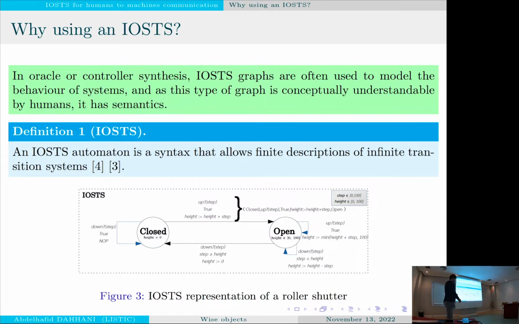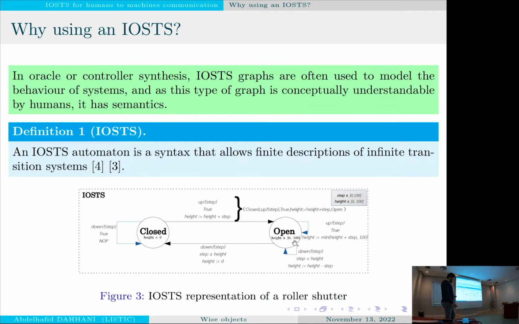And here, closed and open contain a lot of states. Closed is one state. Why? Because we have height, a variable here, equal to 0, and in open we have height between 0 excluded and 100. So in open we have infinite states.